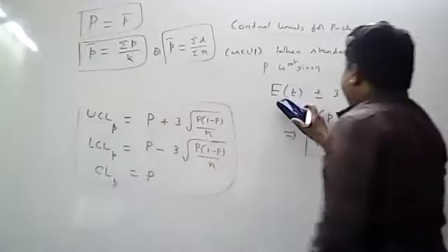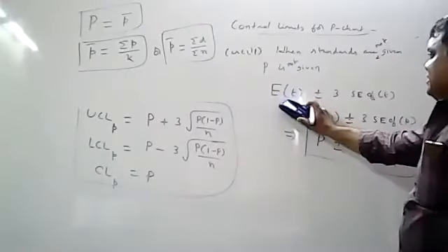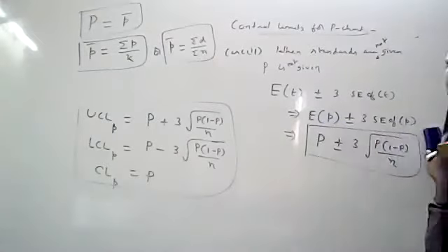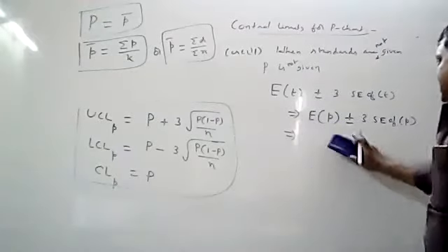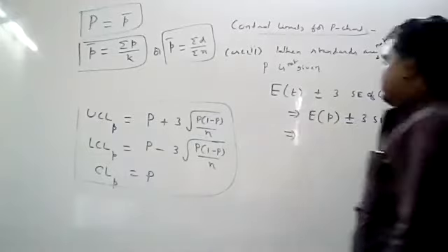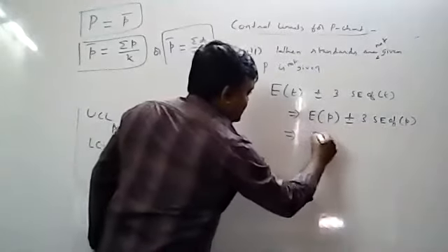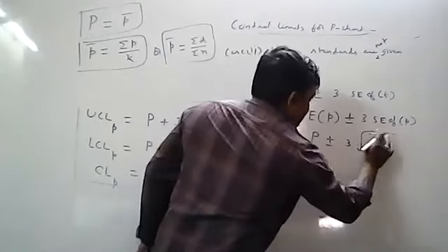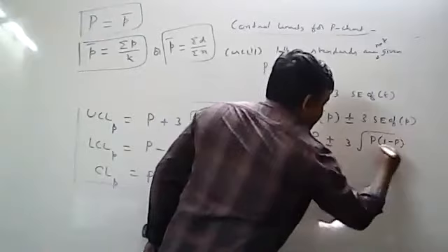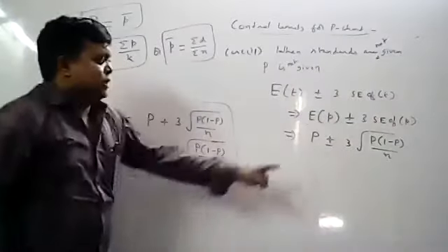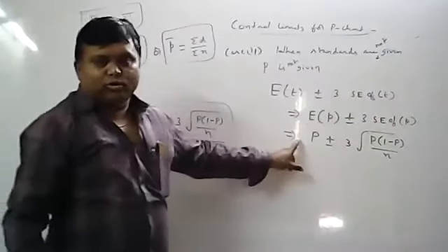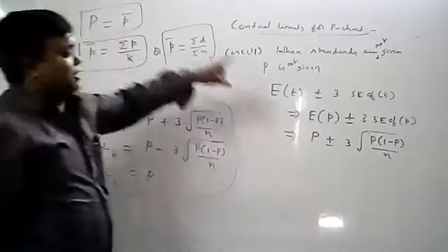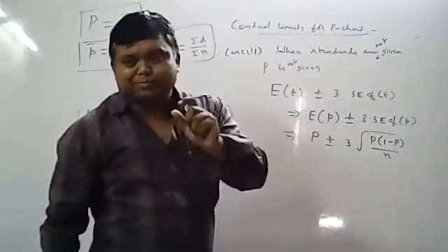Okay. Now the same formula: the control limits are given by expectation of t plus or minus 3 into standard error of t. P chart you are constructing, so expectation of small p plus or minus 3 into standard error of small p. Now expectation of small p is nothing but capital P, plus or minus 3 into root over capital P into 1 minus capital P by n. You use this formula when standards are given, but I don't know capital P now. Whenever capital P is not given, capital P can be estimated by small p bar.